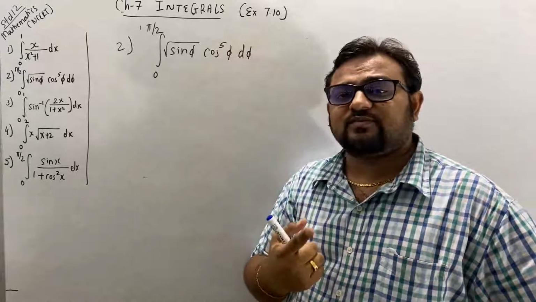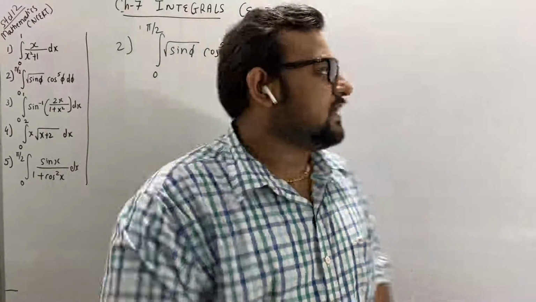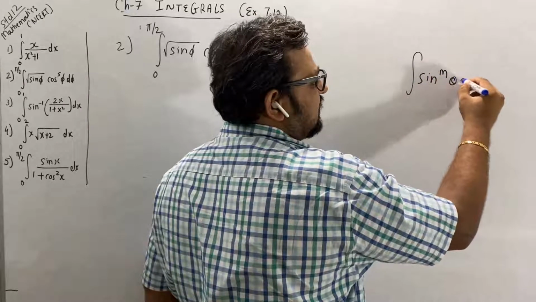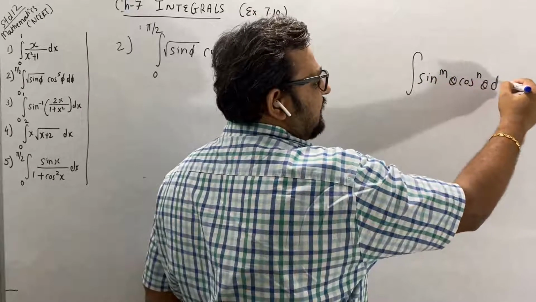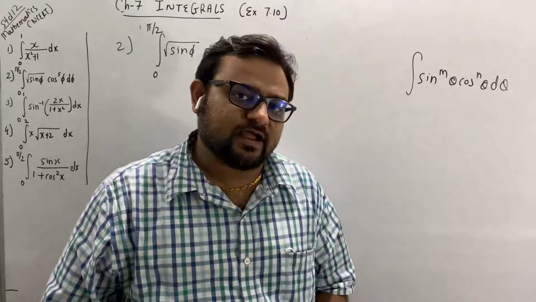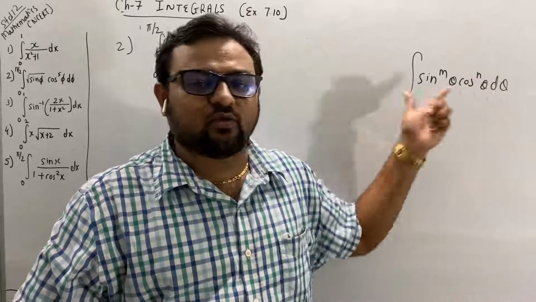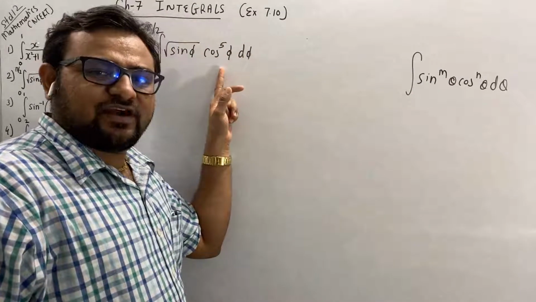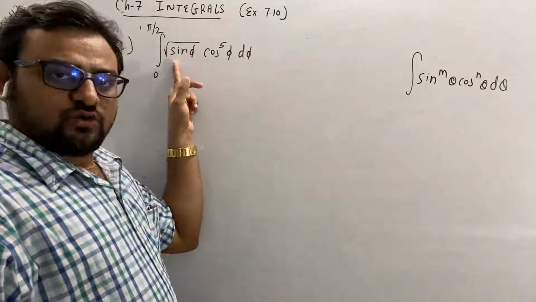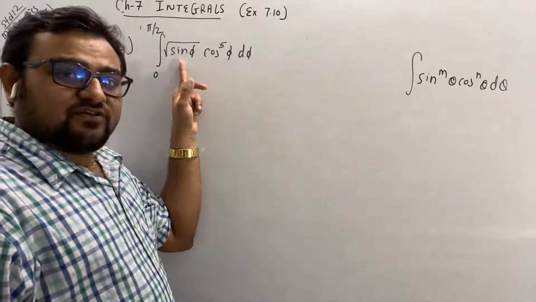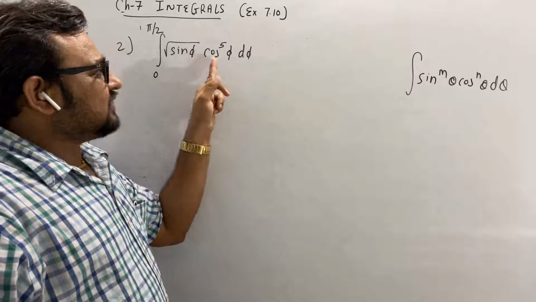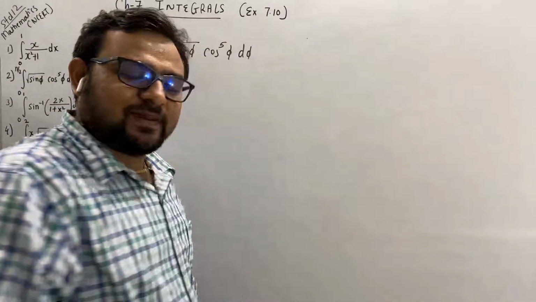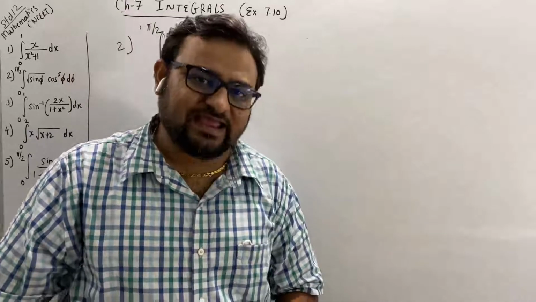This was similar to the sum that we had done, integration of sine raised to m theta, cos raised to n theta d theta. What we are doing is assuming any one of them. If I assume cos, then we will get sine phi d phi, but we are having a square root. But when we assume sine, we will get the derivative cos phi, so we can separate one cos phi from this. And here, there is no need to replace the value at the end.